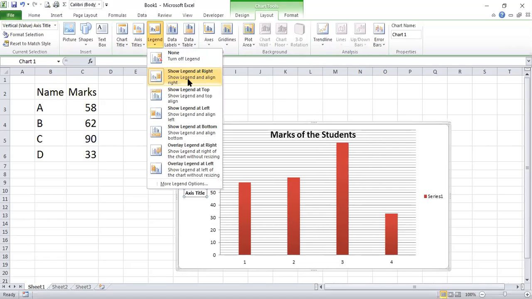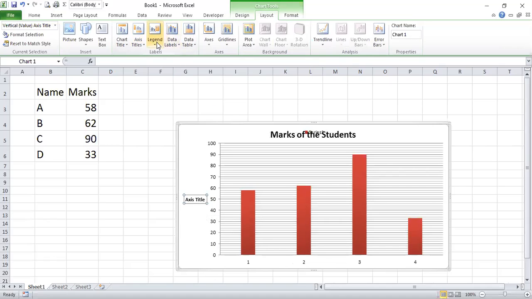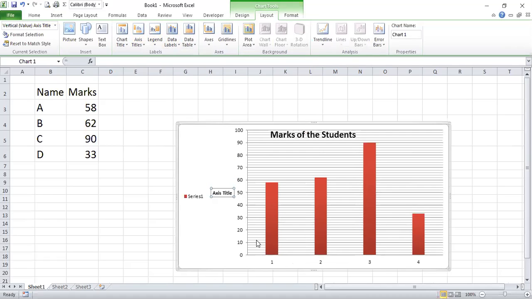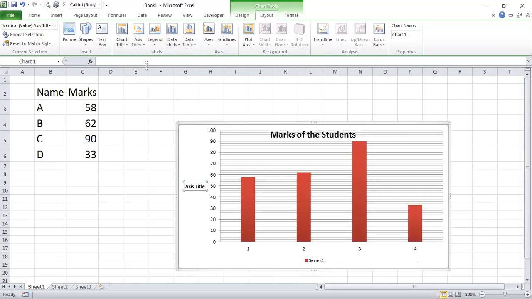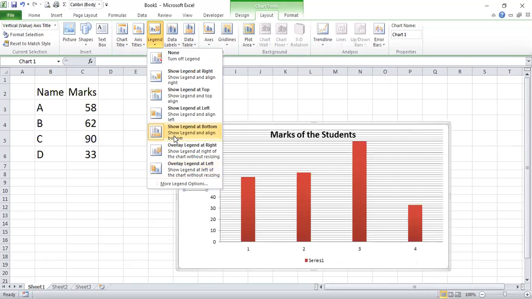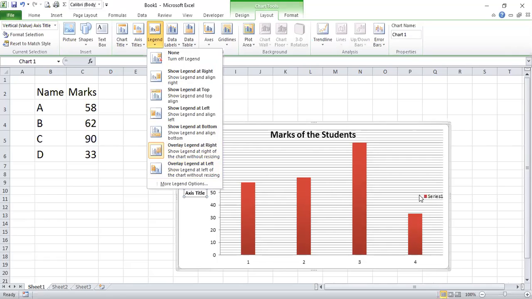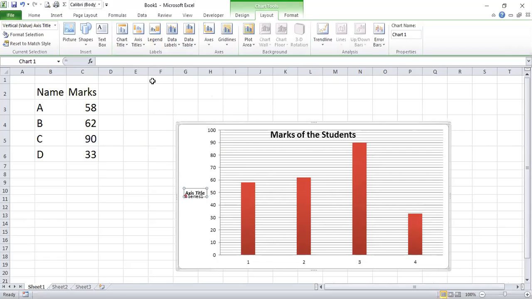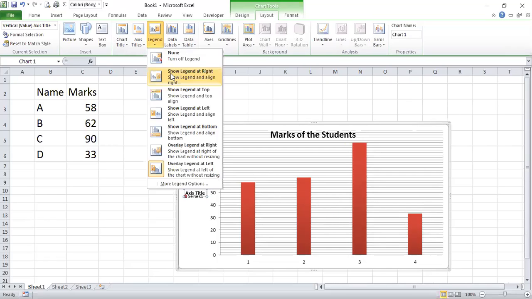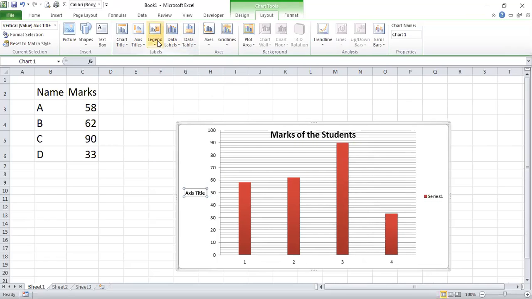Likewise, the legend option. The legend by default is at the top; this one is on the right side, right? This is with the title, and this one has come to the bottom, and this is again bottom. Legend is overlapping here, likewise. So whichever way you want, you can just add that part.